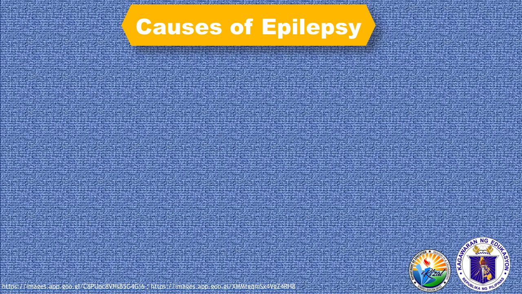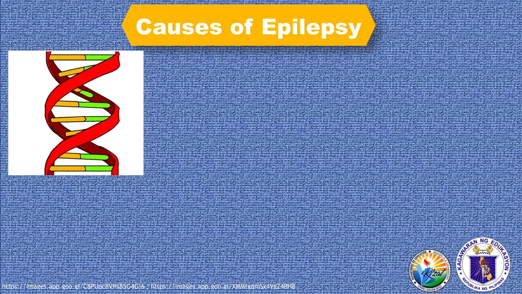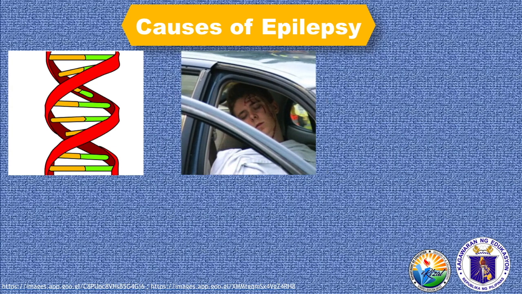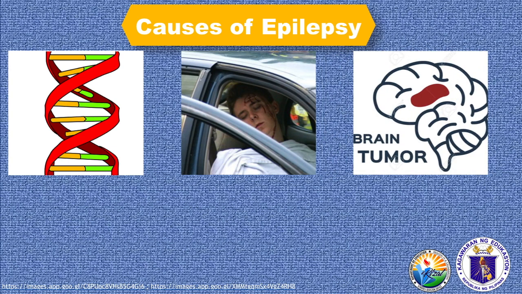Okay, I hope you have gotten some important points from the video I've shown you. As a summary, epilepsy is caused by different factors, such as genetic influence. This means that it runs in the family. It can be a result of head trauma from an accident. Or it may be because of brain tumors,